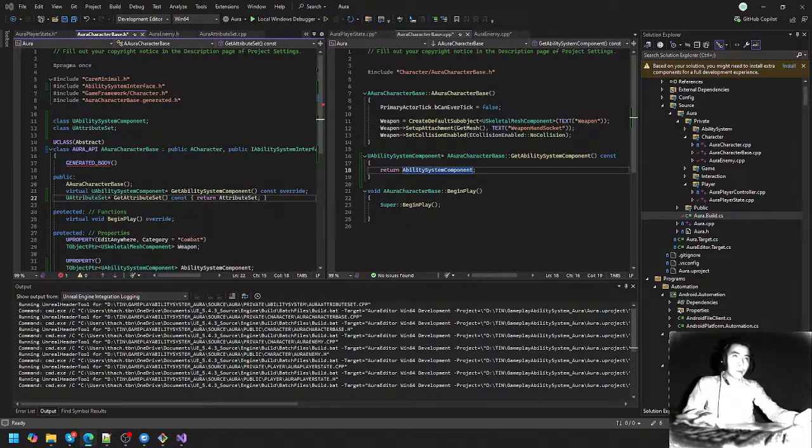We'll go to Aura player state, and we'll inherit from IAbilitySystemInterface. That's going to pop up that header. That interface is